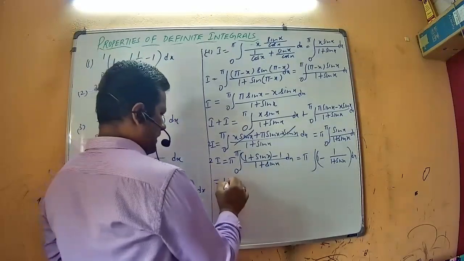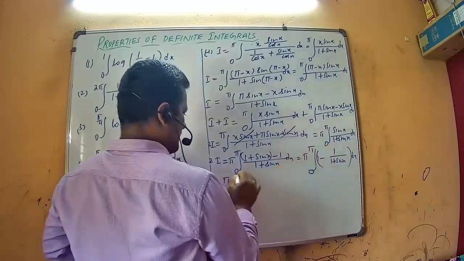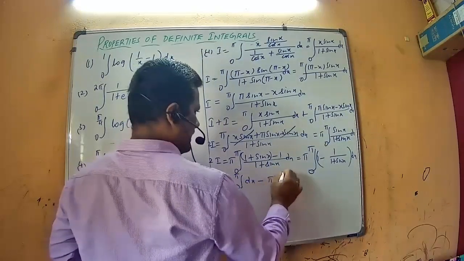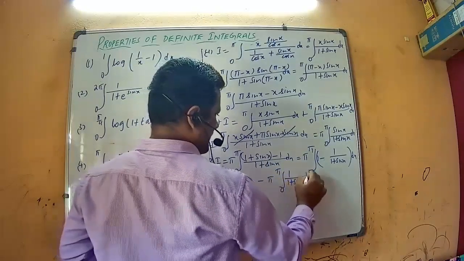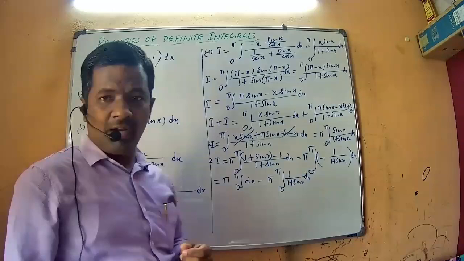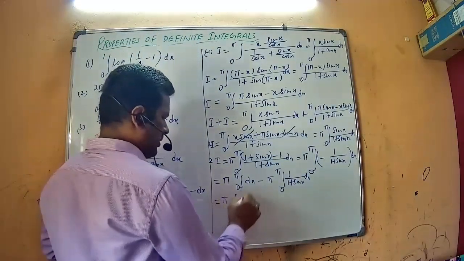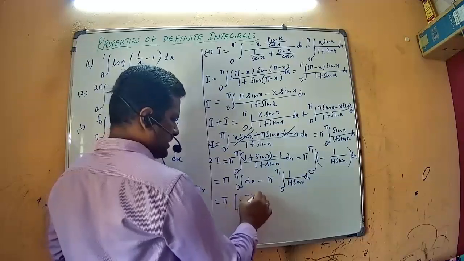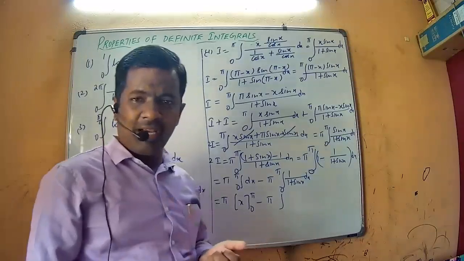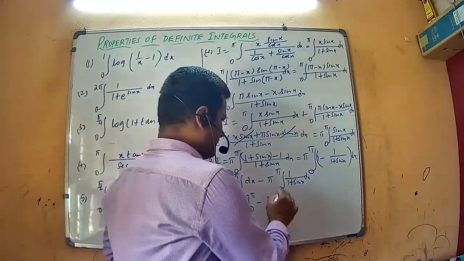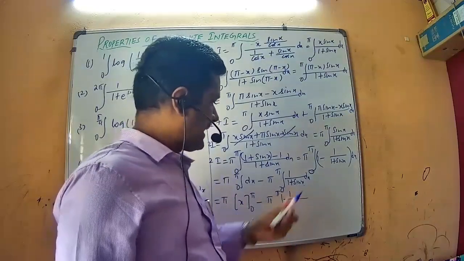Like this is pi into integral of, yes, here also limits are there, 0 to pi dx minus pi into integral of 0 to pi 1 by 1 plus sine x dx. Right. Here if you integrate, you are going to get x within the limits 0 to pi minus pi into, here I am going to apply the property again, 0 to pi 1 by 1 plus sine x